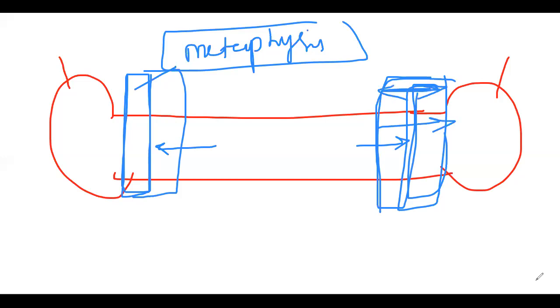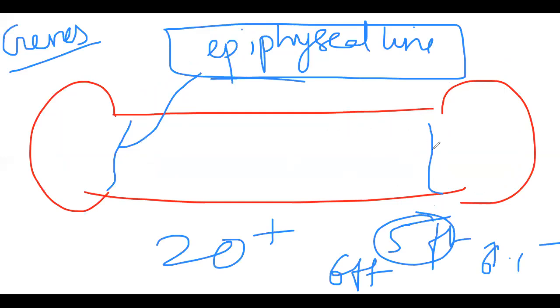Okay, so as long as the growth is going on, that plate is going to be closed over, and finally they will find a line. After this, there is no growth. Okay. So, being a science student, you should understand that once this epiphyseal plate is closed as an epiphyseal line, any kind of medication, any kind of food, any kind of exercise cannot make the human increase his height. If you take me as an example, my growing age is over. So on my long bones, what we can see is this epiphyseal line.